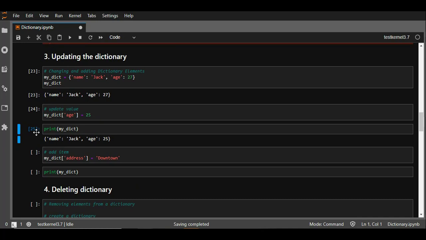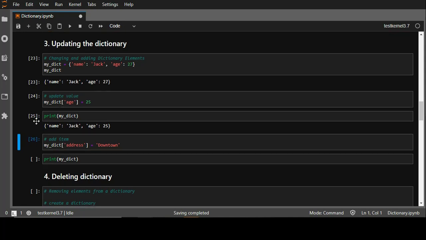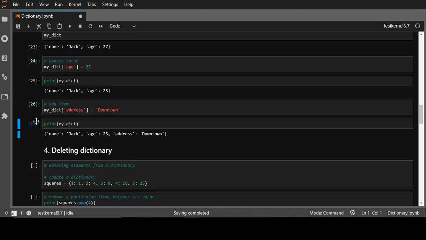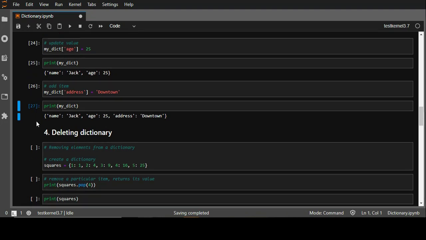Right. Now you see if the key is already present, the existing value gets updated, in the case of the age key. But in the case where the key is not present, like in this, if I want to add address, a new key value pair is added to the dictionary like that. So it has just added address. It first checked if a particular key named address is stored already in the dictionary. If it is not, it has just created an additional key.